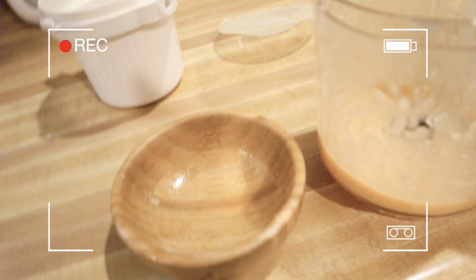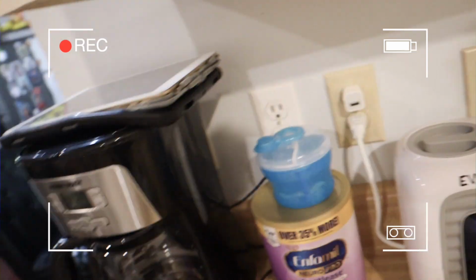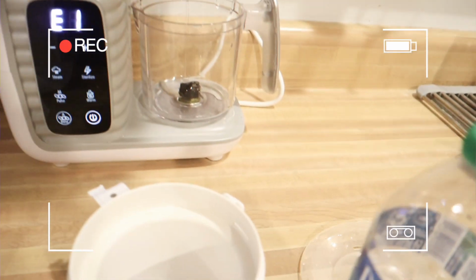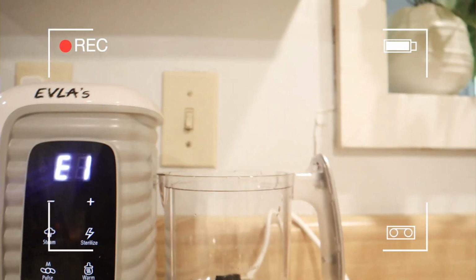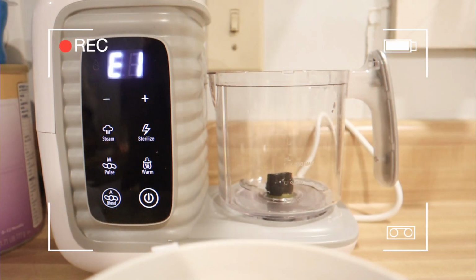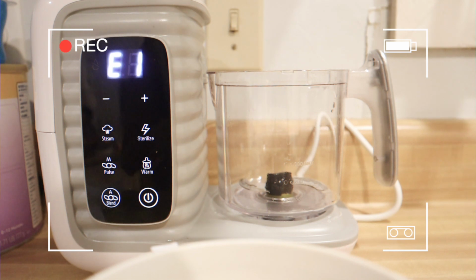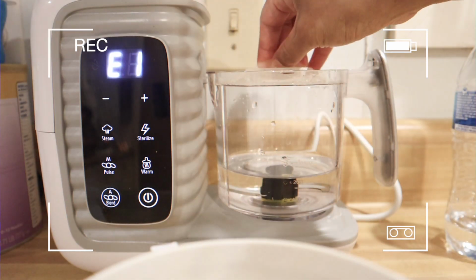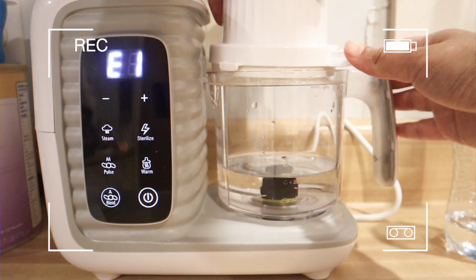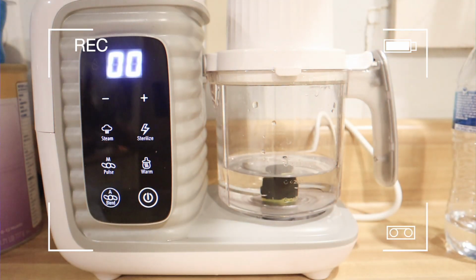So like I said, it doesn't look very yummy, but trust me when I say it is yummy. And also, for you busy mamas, another good thing about this is that it kind of self-cleans on its own. I put it in the sink and I rinsed it out a little bit, but then if you do put it up to the max, everything in there, it kind of cleans it out on its own. If you put blend,